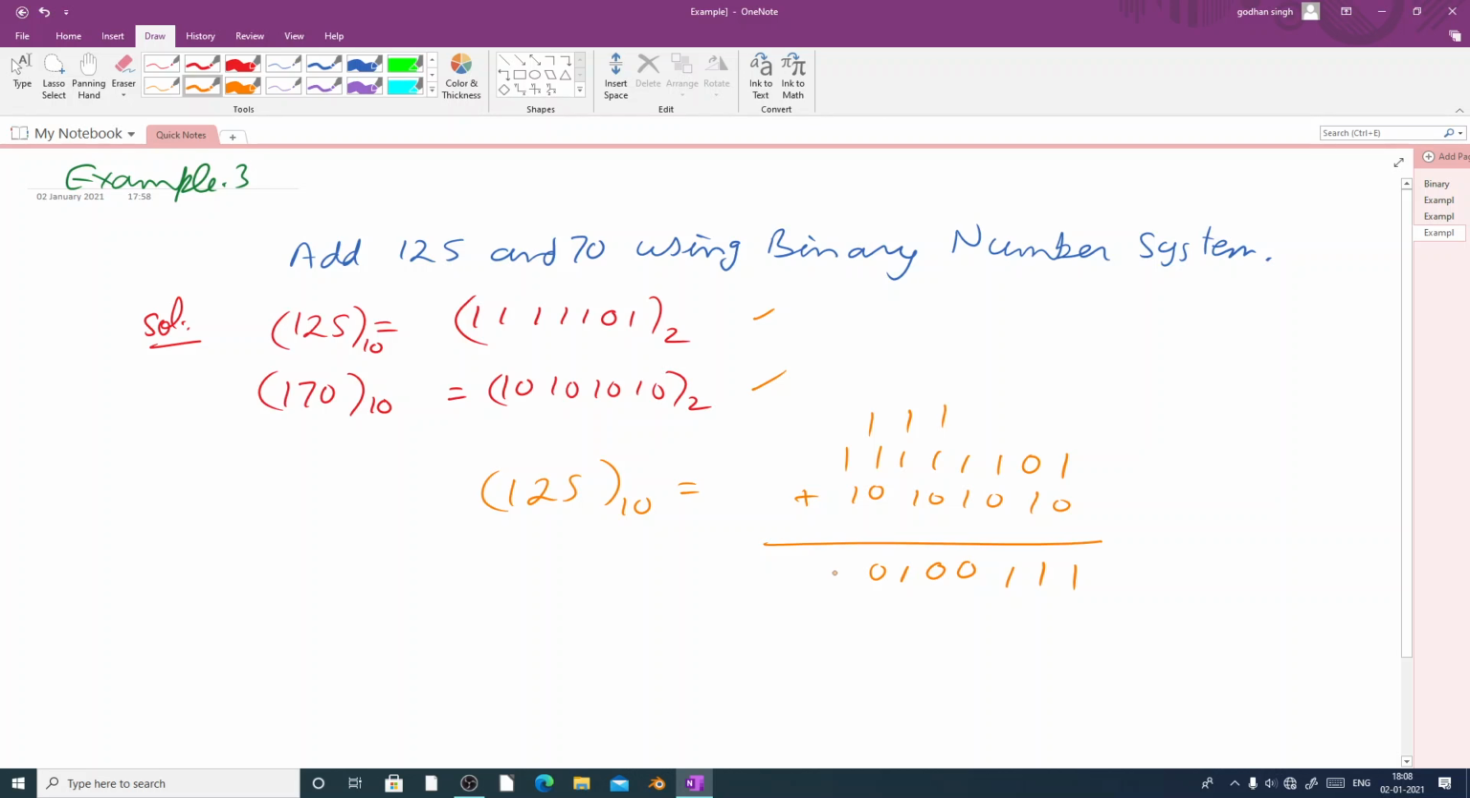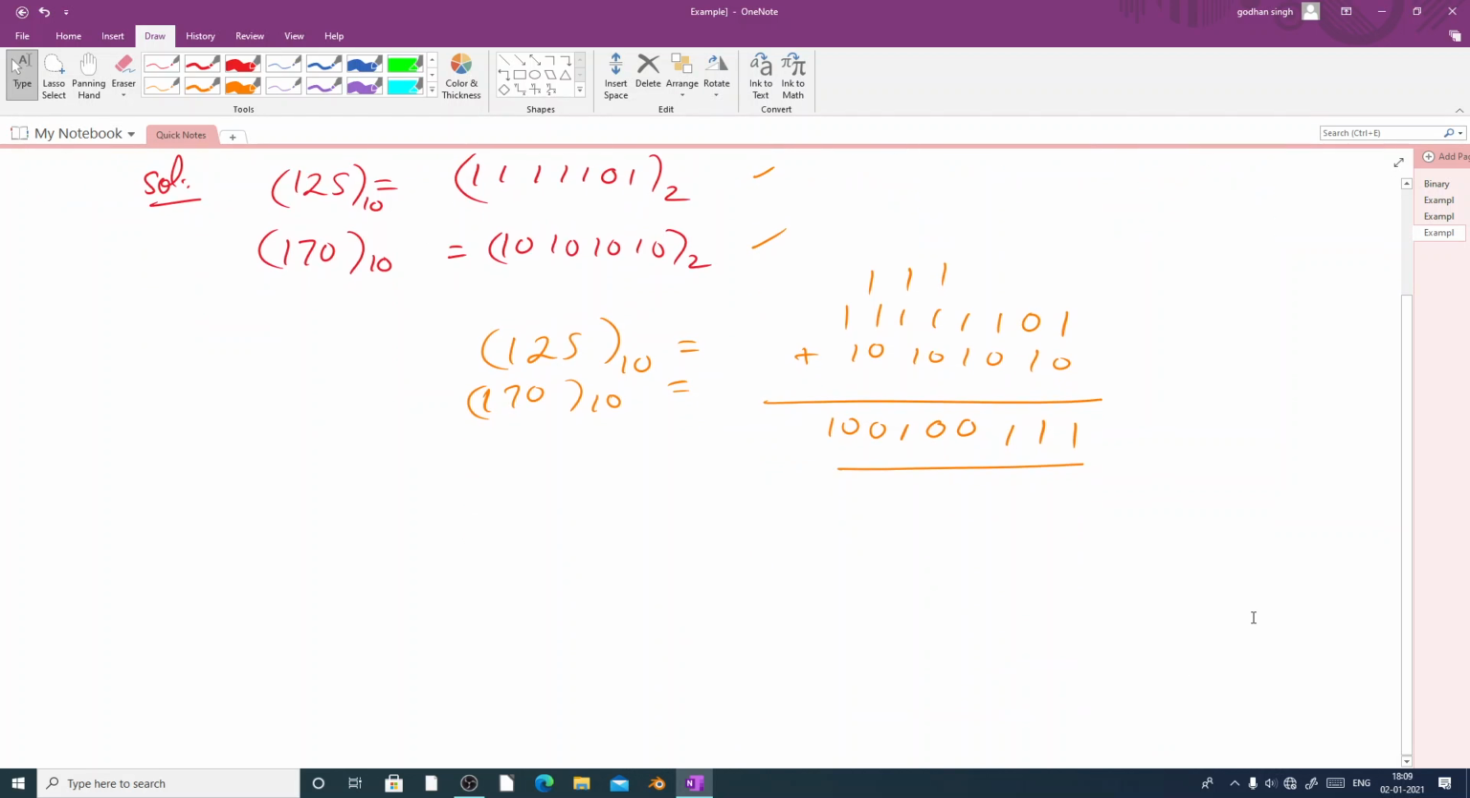And 1 plus 1 is 10. So this is the addition of 125 and 170. This is 170 here, the base is 10. So when we are adding both the numbers, 125 and 170, the addition of the two numbers will be in binary number system, that will be 100. Therefore we can write here 125 plus 170 in decimal form is equal to